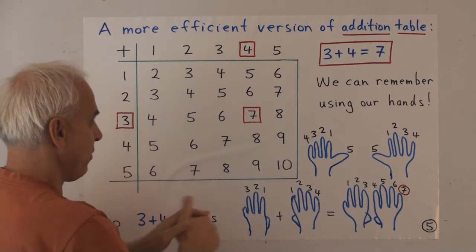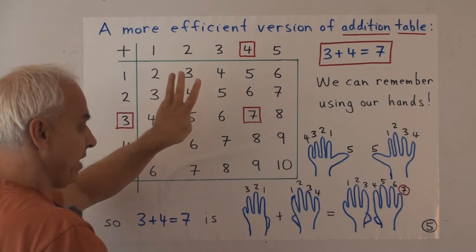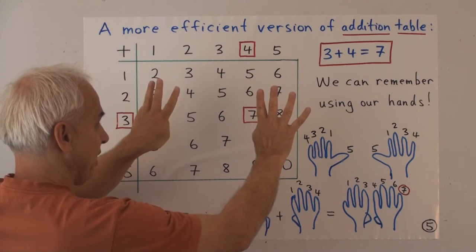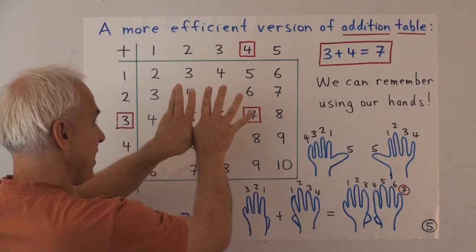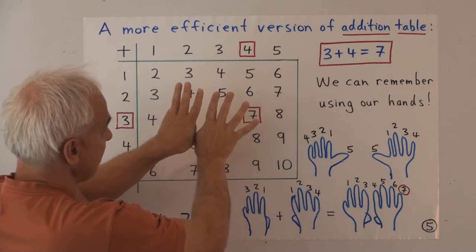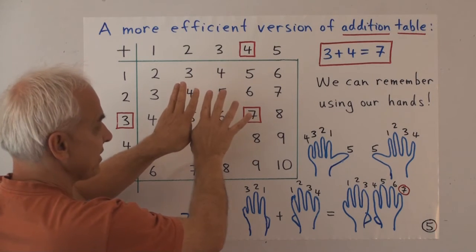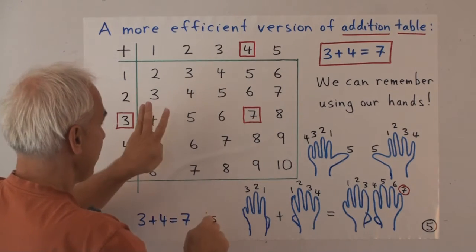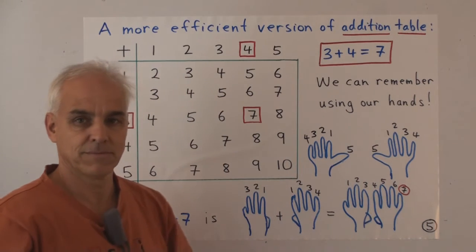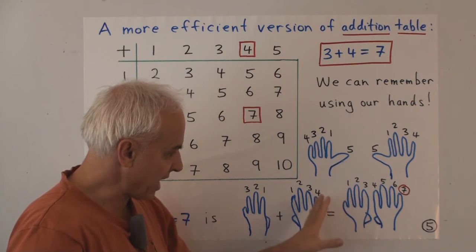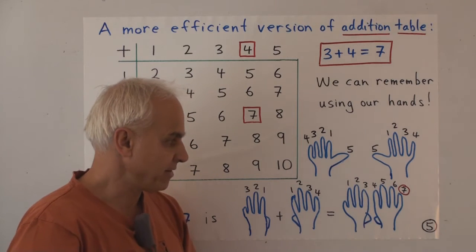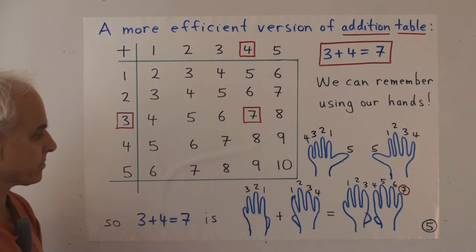And how would that work? Well, the number 3 represented on this hand would be that. The number 4 represented in this hand would be that. So there's 3 and there's 4. And the student can think about adding them as just putting them together. Well, then you have to count. How many is that? 1, 2, 3, 4, 5, 6, 7. So 3 plus 4 is 7. This represents the final counting. After you put them together, the student can count them off one by one till they get to 7.